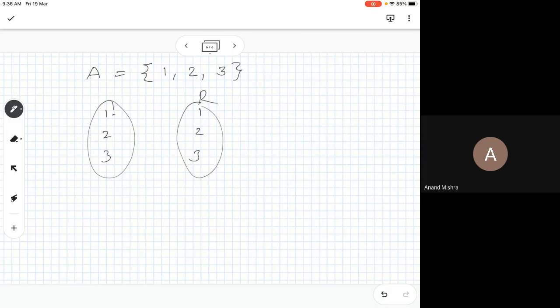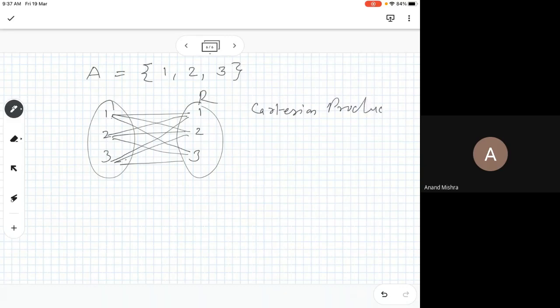Now everything you can pair up, and some of them will exist, some of them will not. So this pairing up that I am doing is called the Cartesian product of two sets. It also means that R is nothing but a subset of the Cartesian product of elements. So it will be like either (1, 1), maybe (1, 2), (1, 3), and maybe (2, 3), and maybe (3, 3).